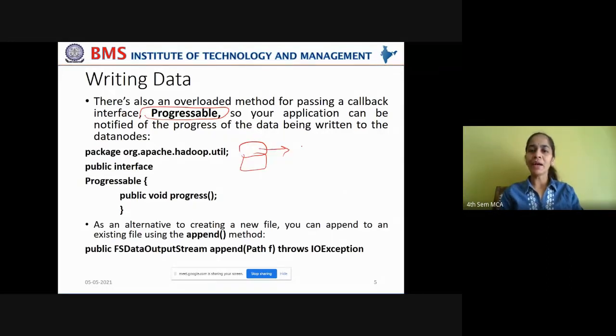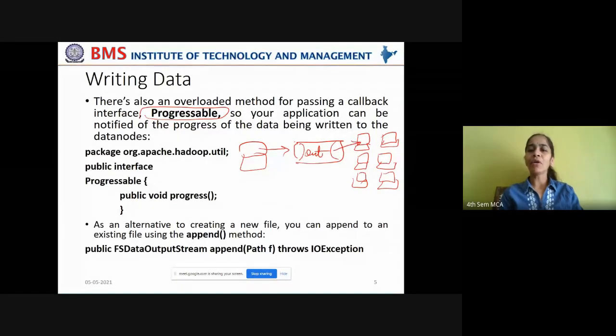So how do you take the data from a client? You read the data through some output stream and write it onto the HDFS cluster. The HDFS cluster has many data nodes, right? So when the data is being read through the output stream and written onto the data nodes, you should be able to track the progress of that writing task.